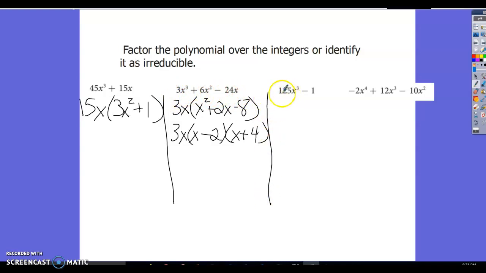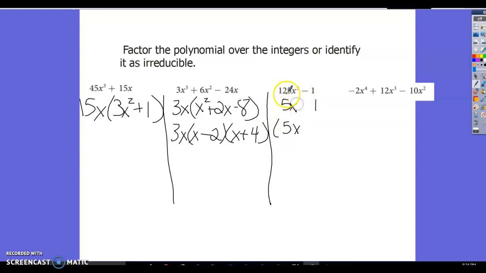All right, this is a perfect cube. It's from that list of perfect cubes. 1 is a perfect cube. 1 times 1 times 1. All right, so this is a difference of perfect cubes. So I need to know A is 5. And my B is 1. And then I know that the first one is same sign. So I'm going to have